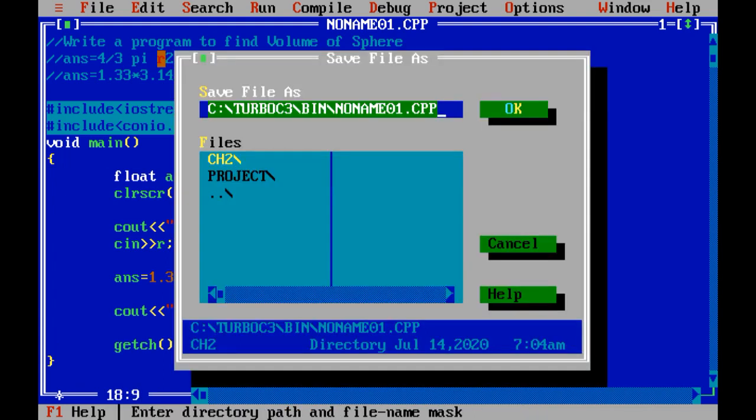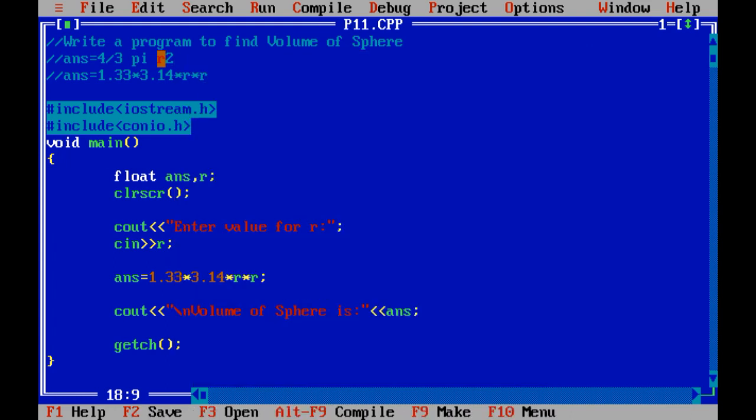Let us save this program by P11 because this is the program number 11, and in your journal also you need to write these 11 programs. So file is renamed over here p11.cpp.